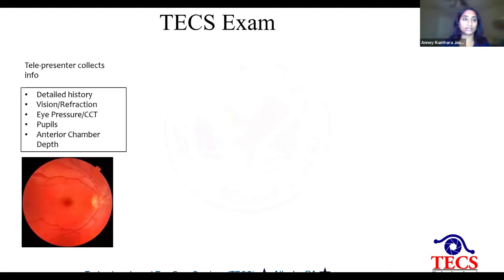The TECS exam consists of a telepresenter or an ophthalmic technician collecting information such as the history and chief complaint. They will check vision and perform refraction. They will check eye pressure and central corneal thickness. They will check pupils and assess anterior chamber depth. Then they will dilate the patient if the pressure, pupils, and anterior chamber are okay, and take images, send them